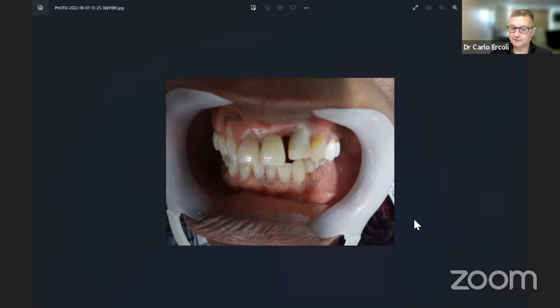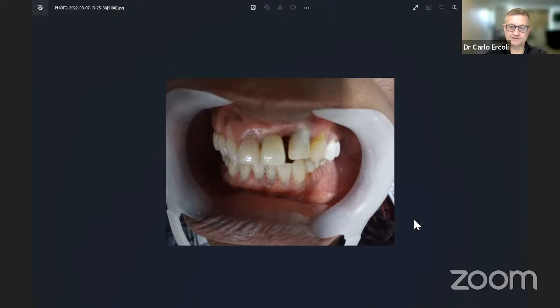I think at the minimum, in those situations, you have two choices. If that patient has a very high smile line, then you might think about attempting some grafting, some ridge augmentation in that area. But you need to realize that in those situations, no matter how good you are, 9 out of 10 cases or 8 out of 10 cases will not come out exactly as you were at the beginning. So you will need perhaps, especially in the papillary area between 2-1 and 2-2, some form of pink